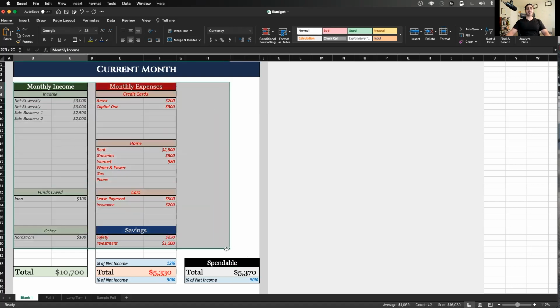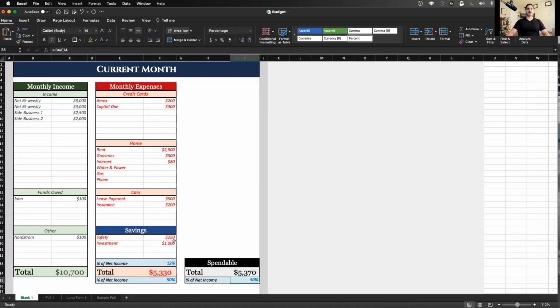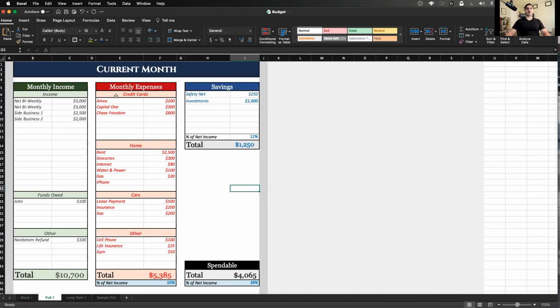So I want to give you a full picture of this filled out completely so you get to see what it looks like. And on the next picture that I'll show you, you'll see that this savings has actually been moved up to the top right, but it's all one and the same. The expenses are still taking into consideration the savings. I've just separated it to make it look more clean. So here's what it looks like. You have your monthly income, you have your monthly expenses, then we have some savings, right?